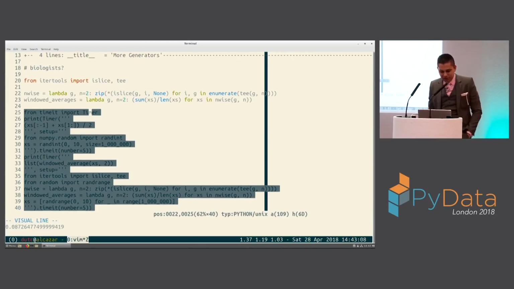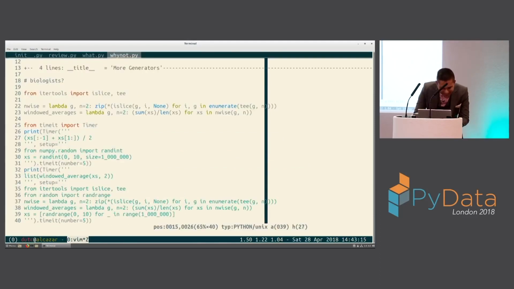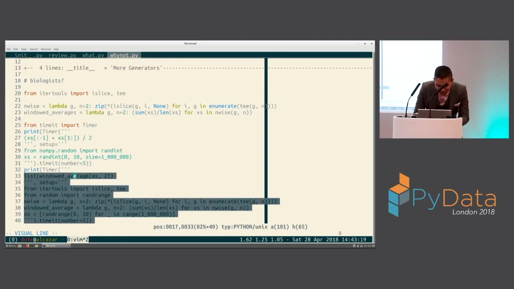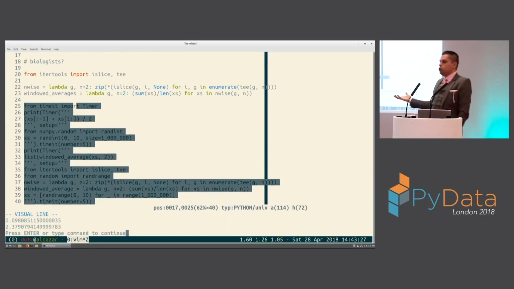This is really special. But you can see the speed of these two things. Boy, this is slow. And windowed average. Let's try that one more time. Let's see. It's really, really, really slow. Even the construction, you can see it's like 2 seconds versus 0.09 seconds for a million integers, right?